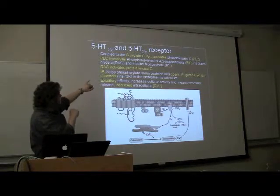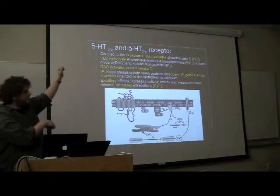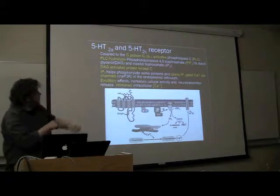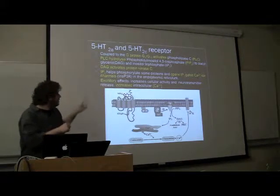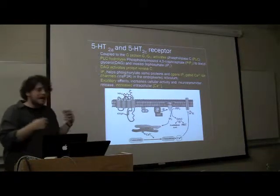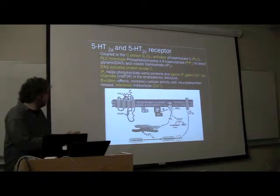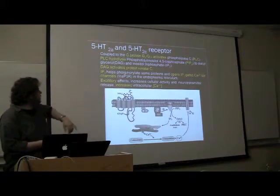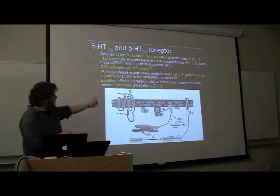And it splits it into diacylglycerol, which is sort of like a fat molecule with 2 fatty acids coming off of it, and inositol triphosphate. And the DAG molecule, the diacylglycerol, will have some effects on activating various kinases and increasing activity that way through metabolic effects. I want you guys to pay close attention to the IP3, the inositol triphosphate that came out of that cleavage, because